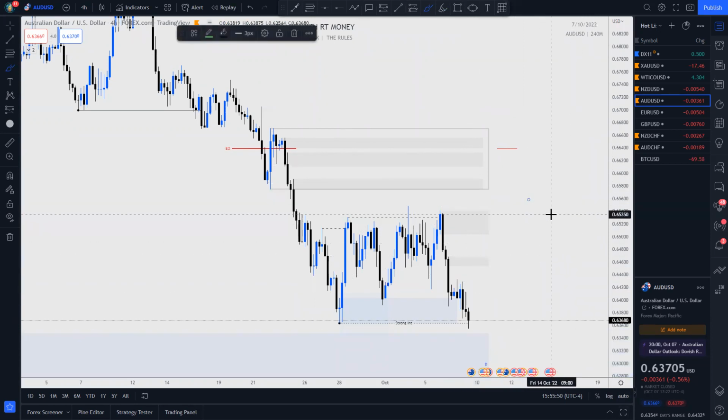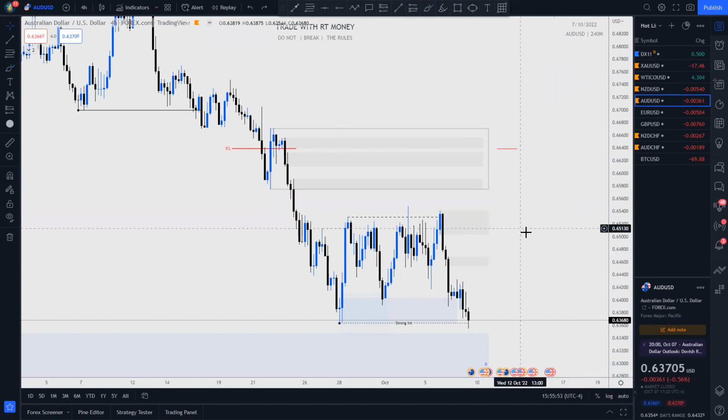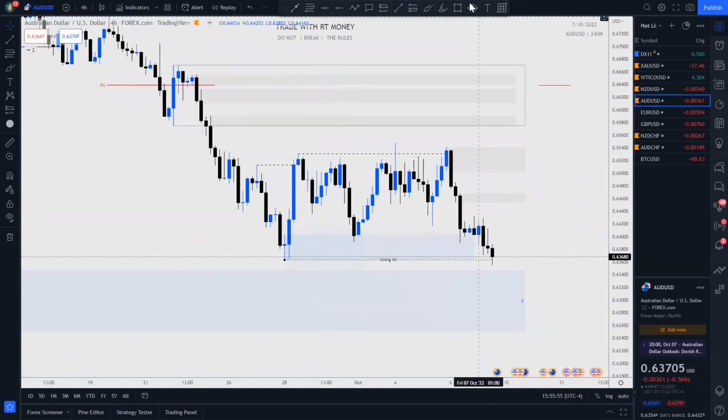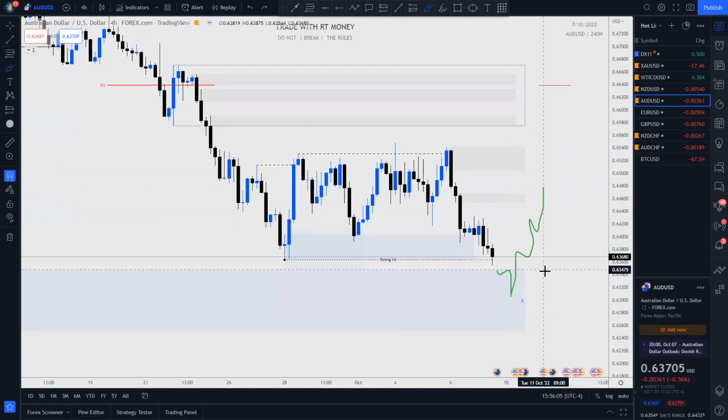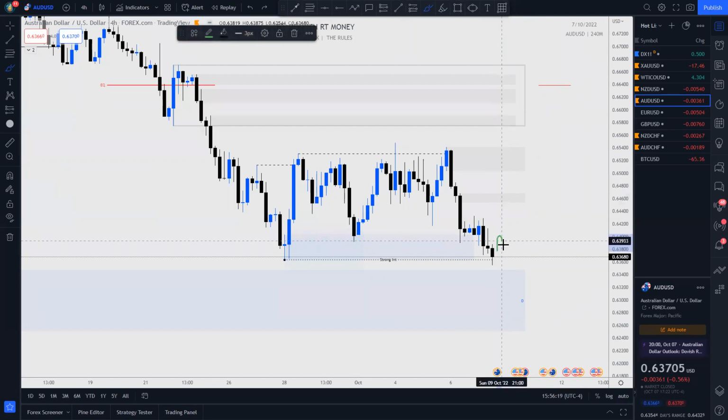But what I want you to be mindful of is that price could definitely come down here, wick down, and at any time turn around. Now there are zones here, there are zones here, and supply zones. We understand that FOMC is Wednesday, and the CPI data is coming out on Thursday. That's going to be really important. We're going to have a U.S. holiday on Monday, so I would not be at all surprised to see price drift up